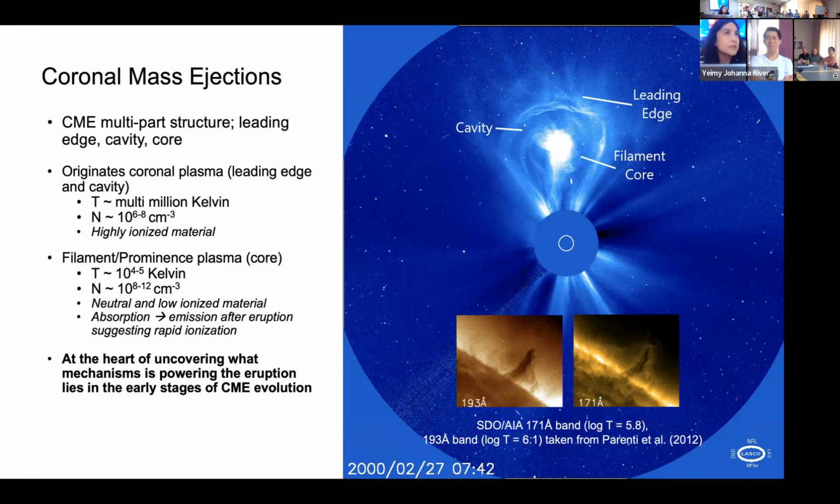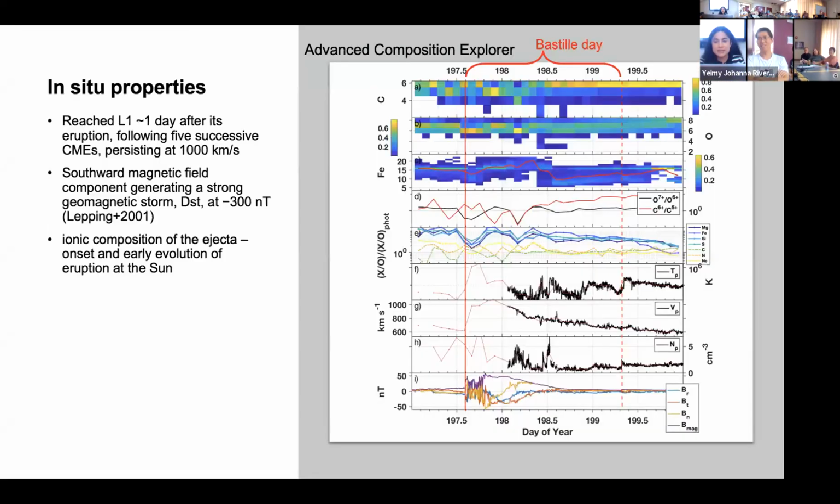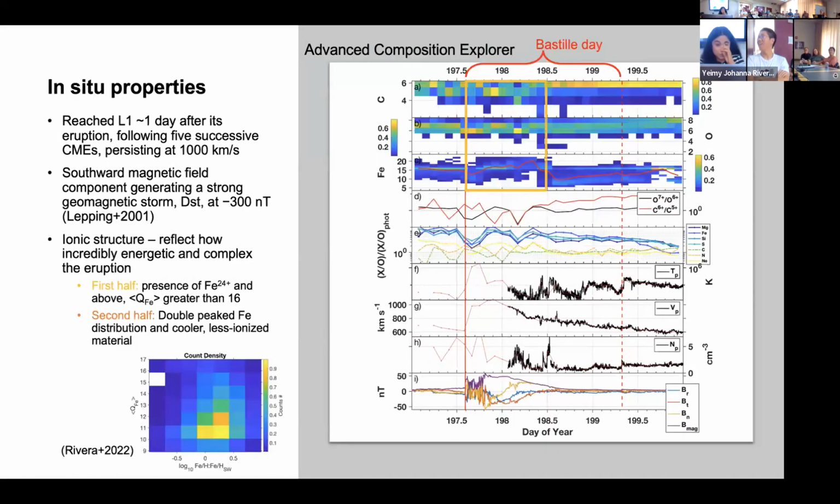I mean, some people believe that the prominence itself lives in a sort of flux rope that already exists in the corona, right? Maybe not, but the prominence. But the way that it's modeled, right? When we look at, I don't think I have the actual flux rope. Yeah, so that's really pretty.